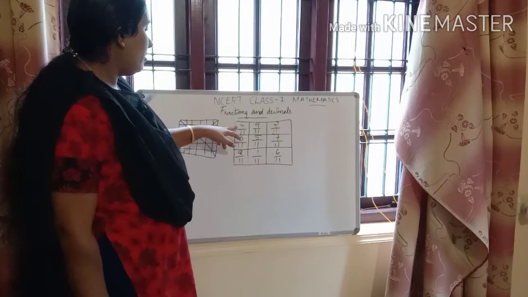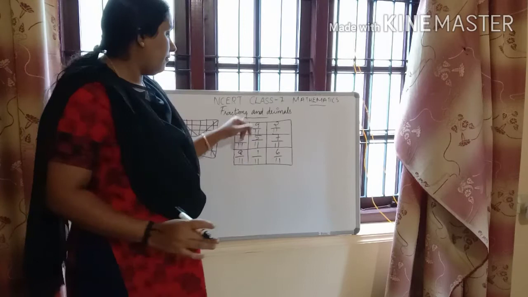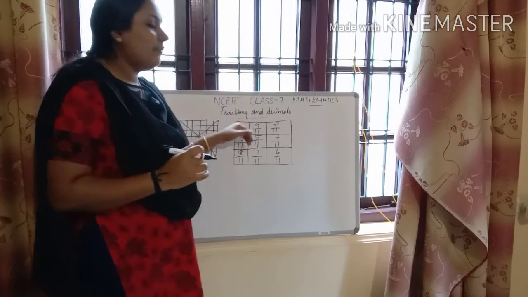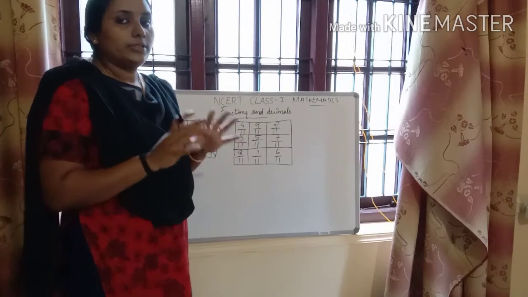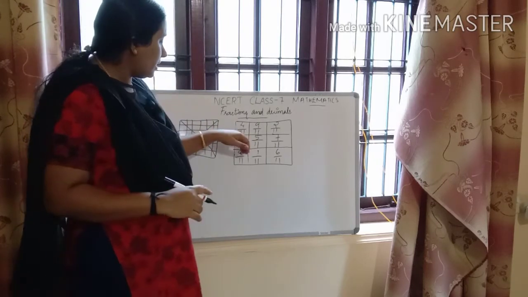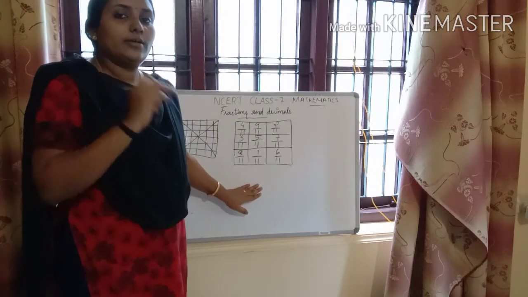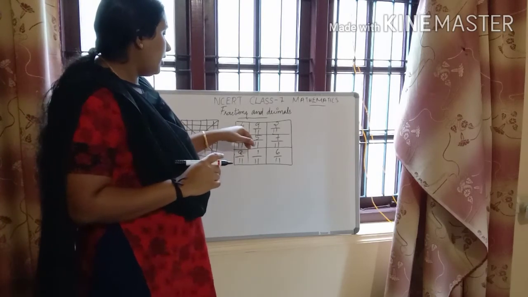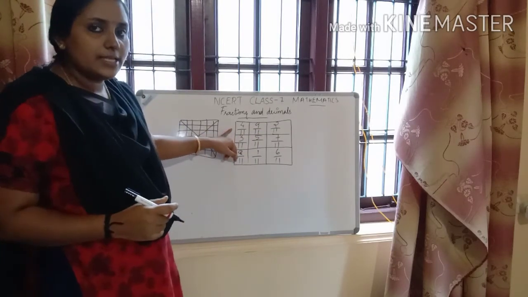Yes. Here, first of all, check whether the fractions given have the same denominators or not. If the denominators are different, we have to equalize the denominator. That is the first step. Here see, all the denominators are same. No need to move to the step of equalizing the denominator. Okay. First of all, consider the row. Will we get the same answer?